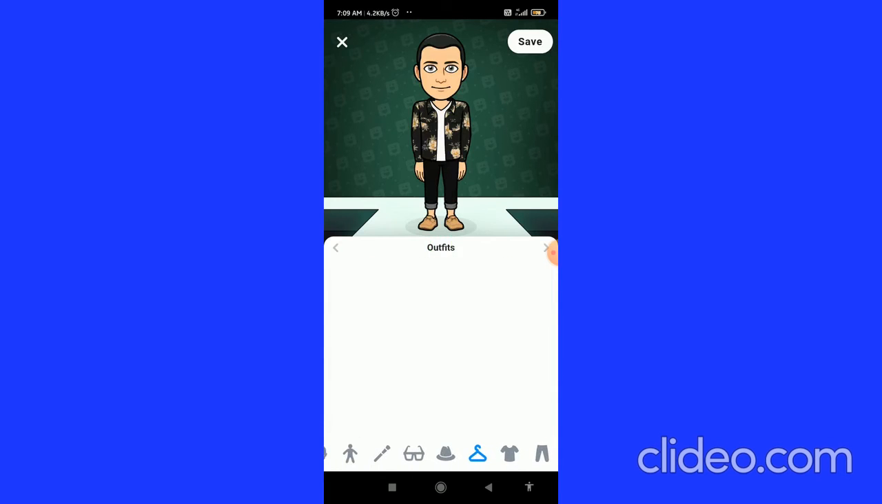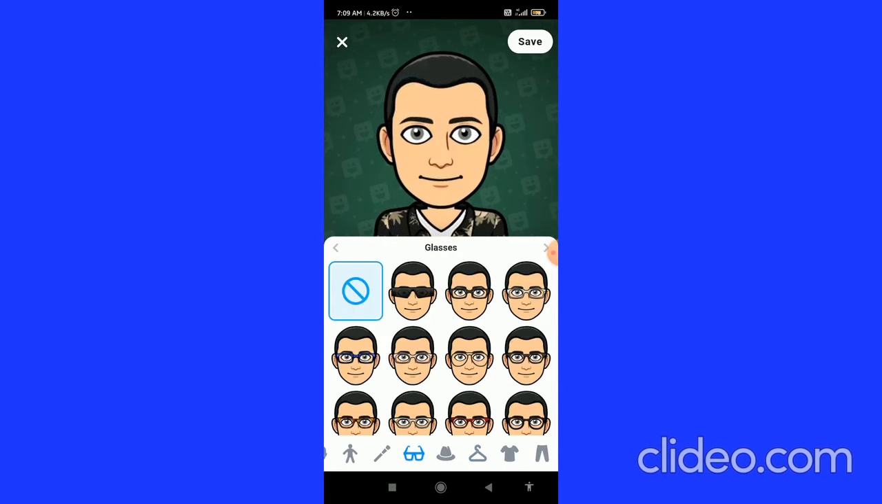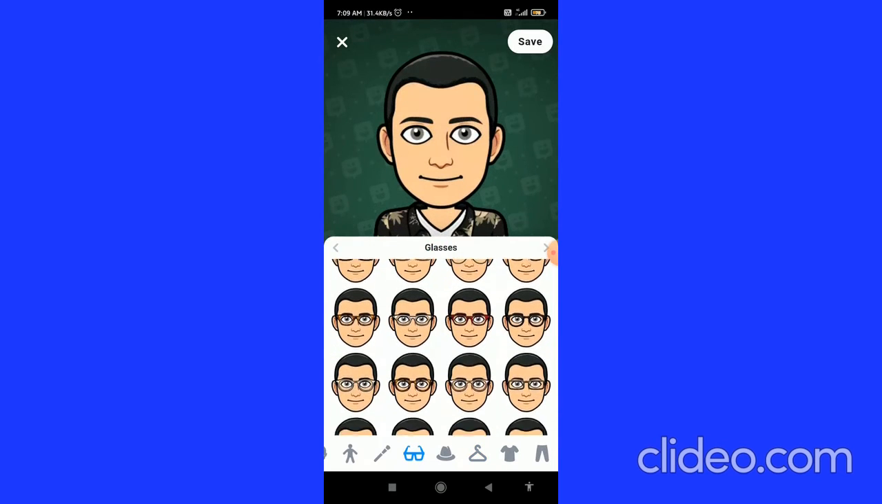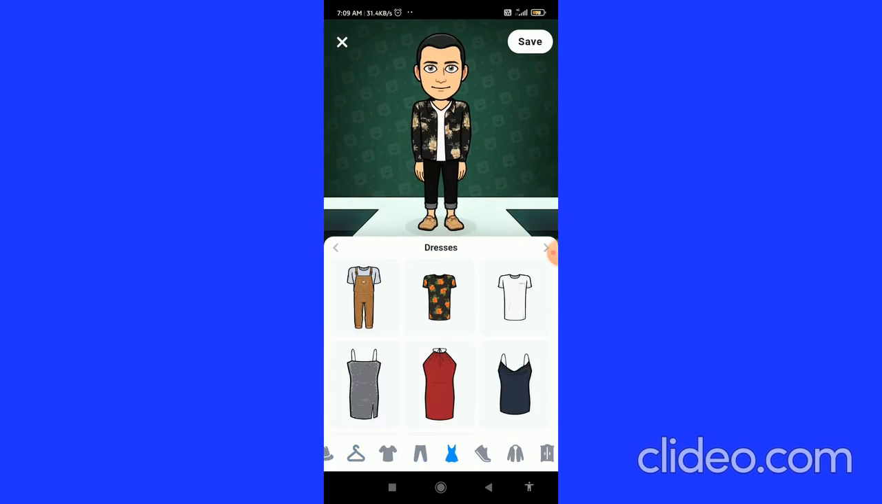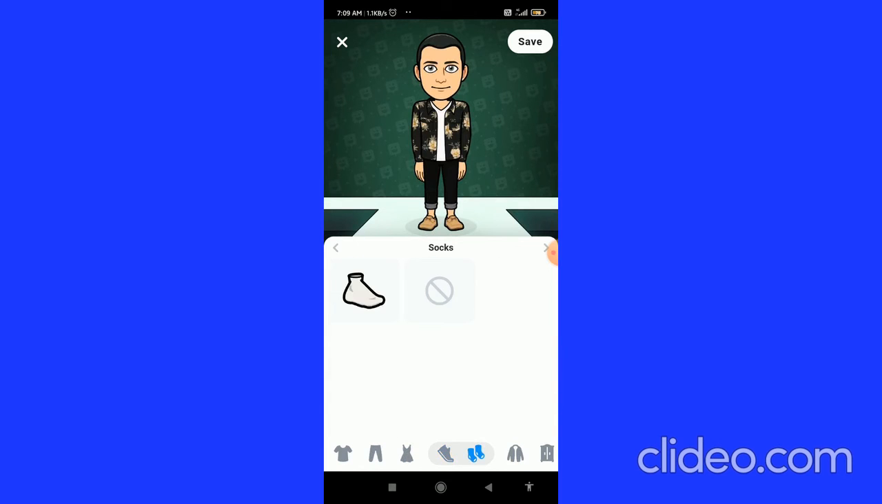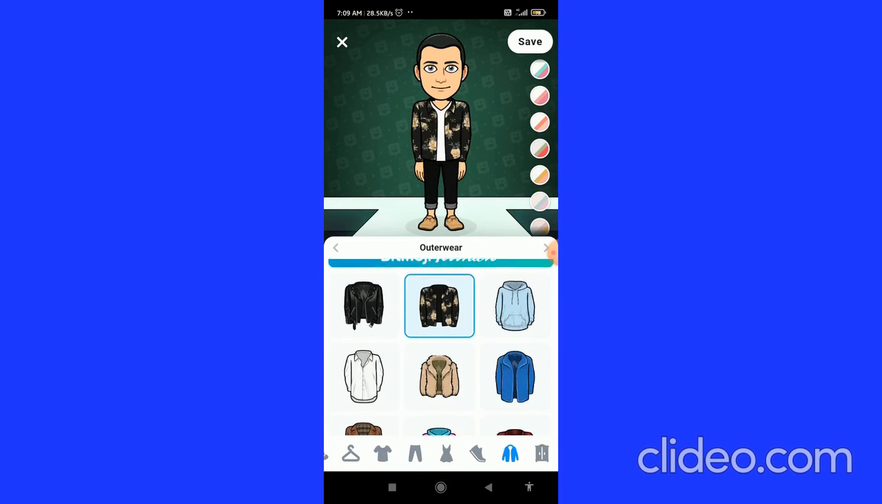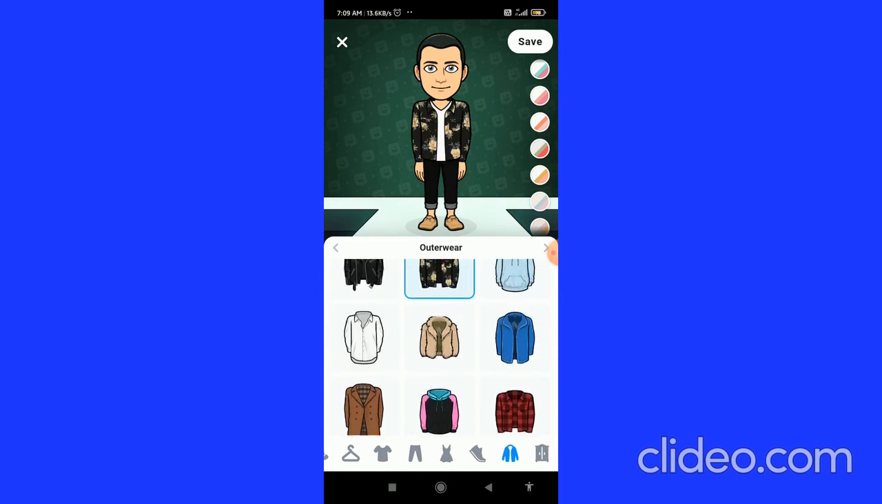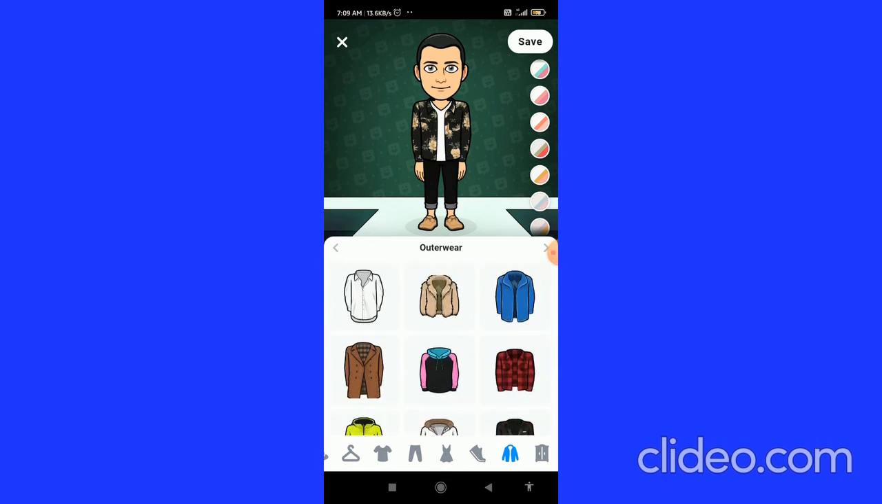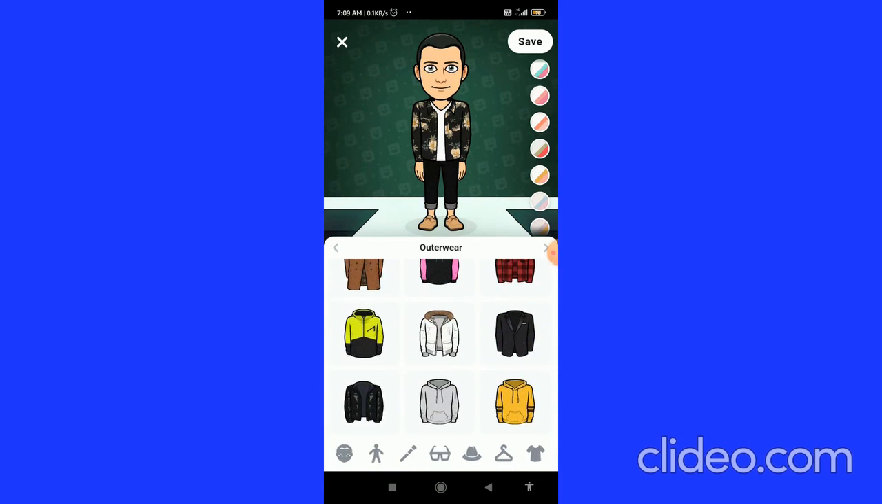You can wear sunglasses, you can choose any of the sunglasses like this one. You can add dresses, you can choose the dresses. You can choose the shoes, the socks, the shirts. You can choose any of these things, and after choosing, what you can do